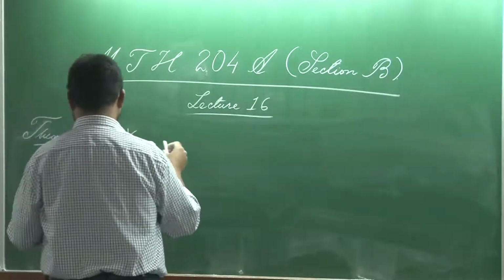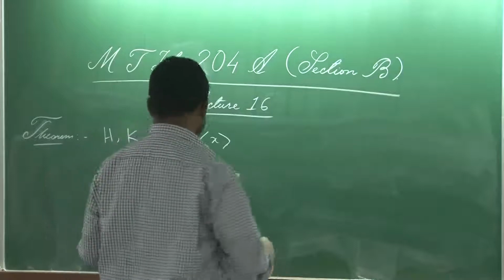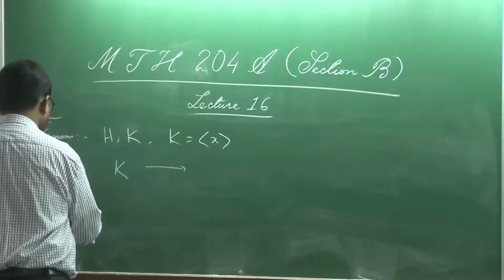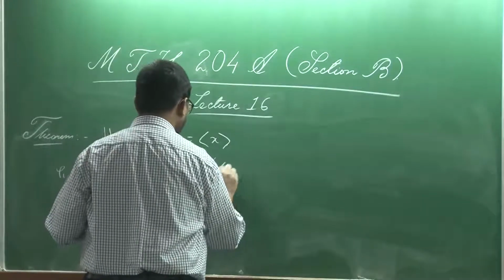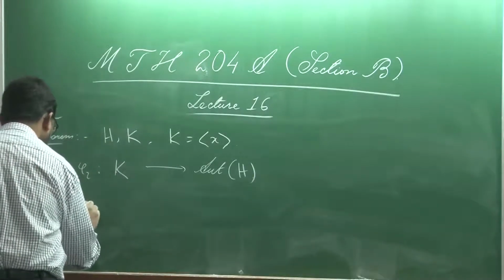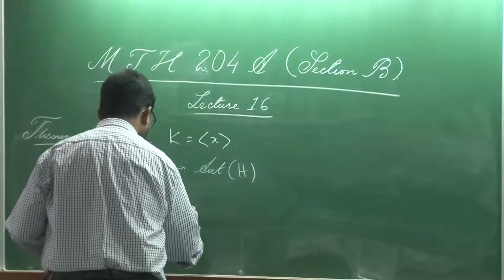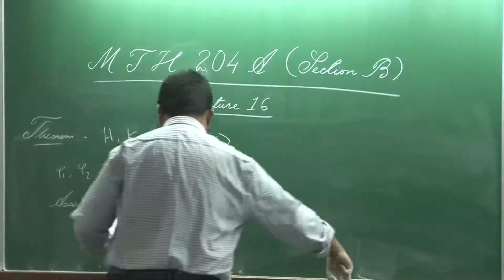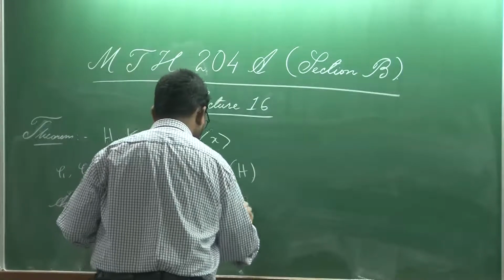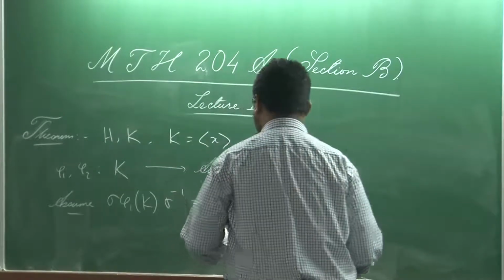Here we consider H and K two groups, where we further assume K is cyclic and H is arbitrary, and of course we have two homomorphisms, phi 1 and phi 2 from K to Aut H. Assume that phi 1(K), that is the image of K under phi 1, and phi 2(K) are conjugate, that is, for some sigma belonging to Aut H,